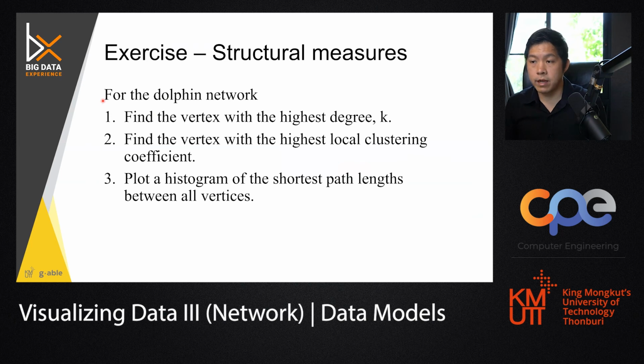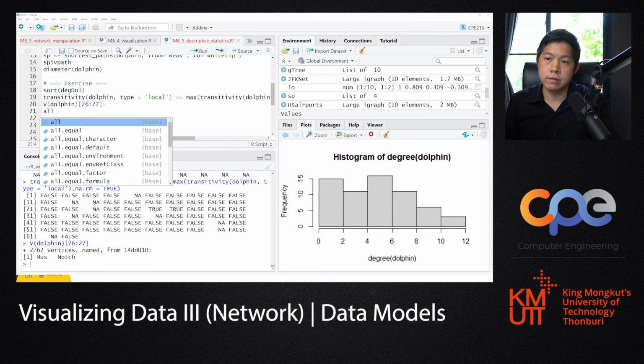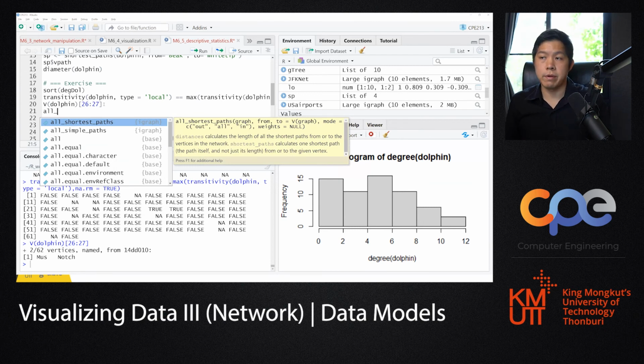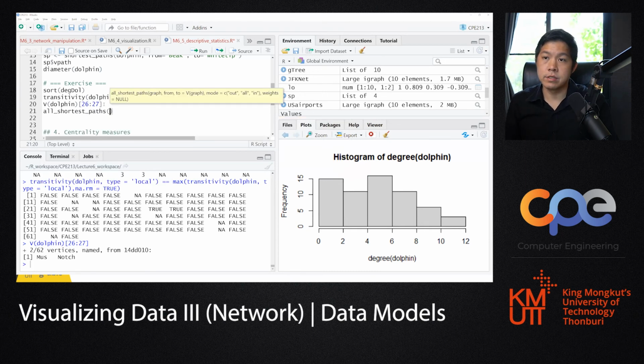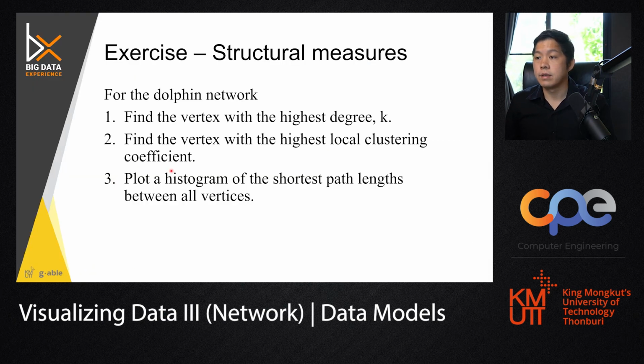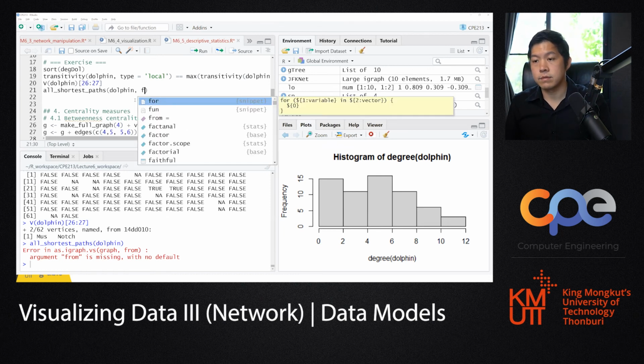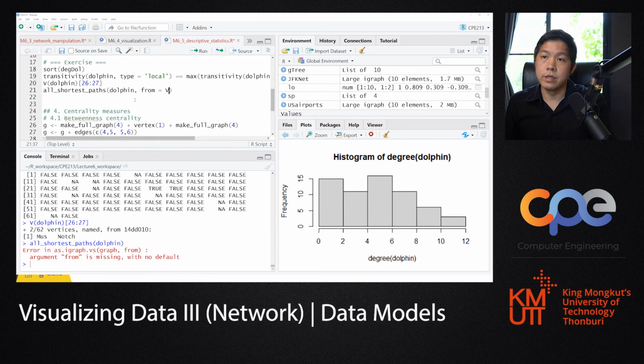Plot the histogram of the shortest path between all vertices. How to get the shortest path of all vertices, right? And now, if we look at the function, there's the function called all shortest paths, right? All shortest paths of the graph. This graph is degree of dolphin, but it needs from and to, right? So you need the path from all nodes to all nodes, okay? And then you can plot the histogram out of that. That means you need the list of nodes from and to. Right, from here you need vertex of dolphin,